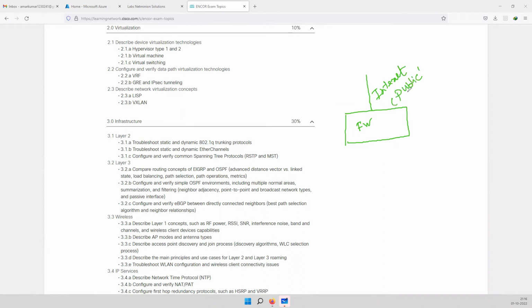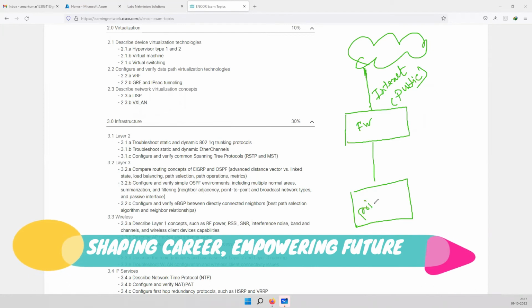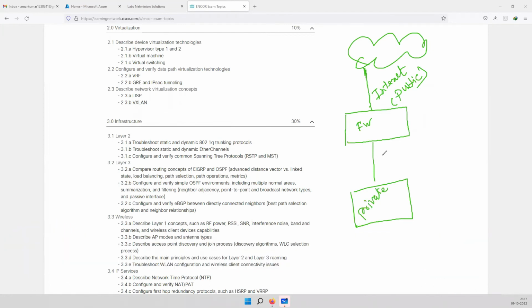This is a public zone. That means up to here, anybody can come. Then we have the private zone, which is internal. Who is residing here? Internal users, I would say, the internal employees. And then third, we have the DMZ,